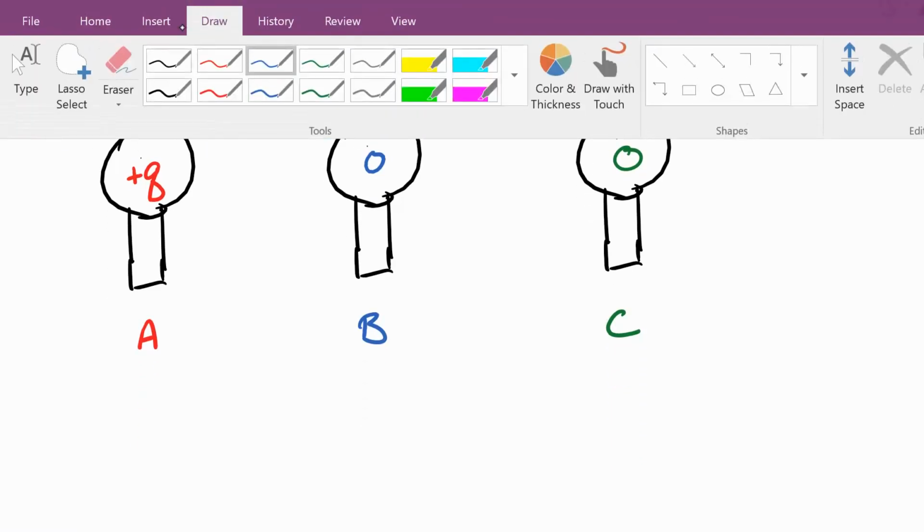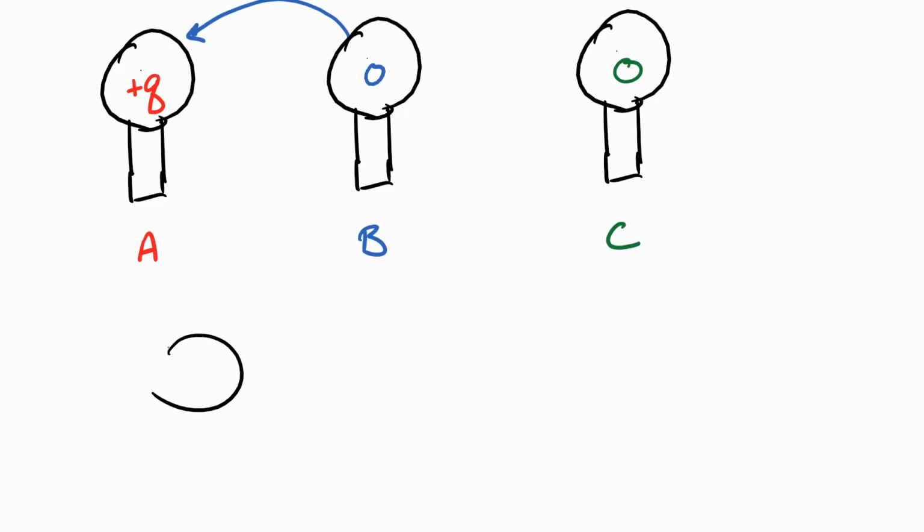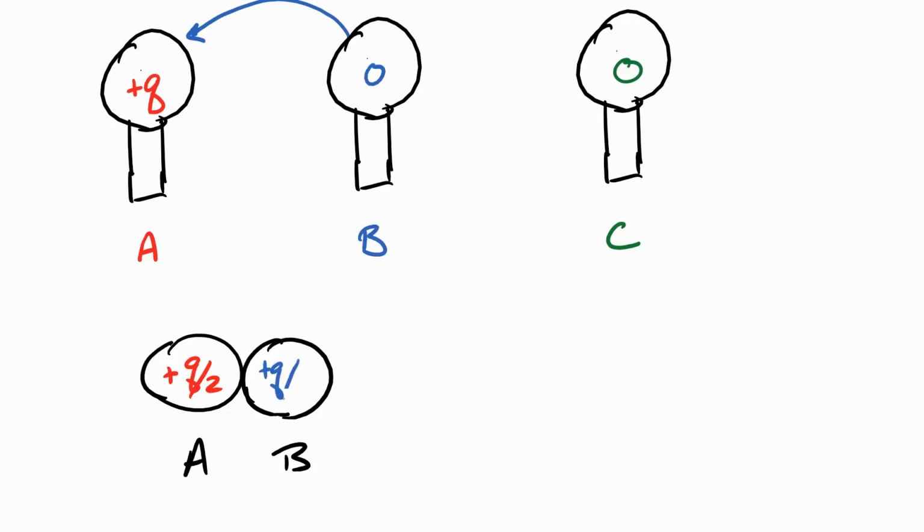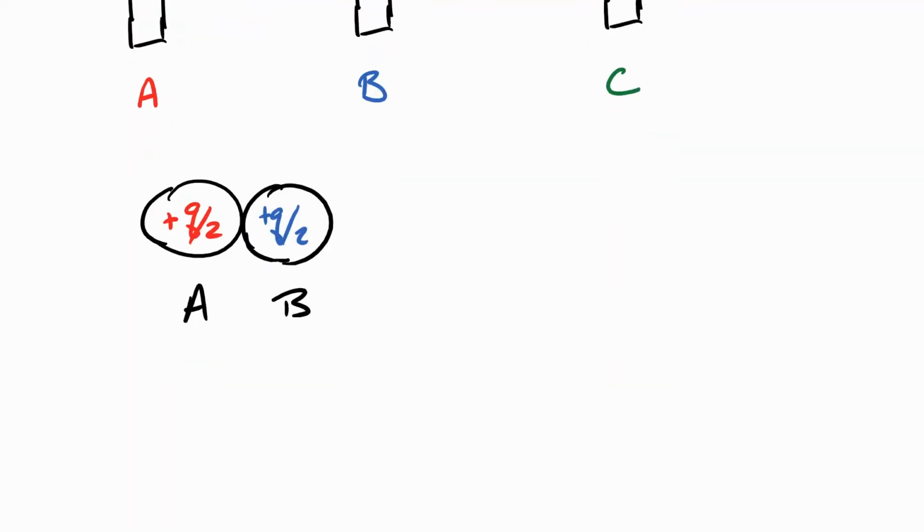So if I do that, here's A right next to B. What do you think is going to happen? I have this charge, this positive Q on A, and now B is right there next to it. This charge is swirling around on A, trying to get out, and this identical sphere comes up, touches right next to it. So what's going to happen? Well, I'm going to wind up with that charge splitting. So I'm going to wind up with half of it staying on A, and half of it going to B. So when I separate them,